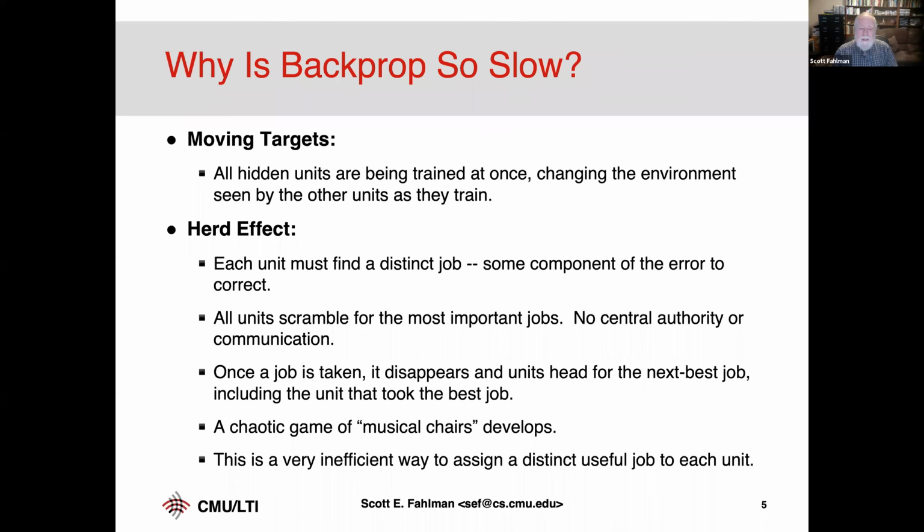And the other thing is a similar problem. It's what I call the herd effect. As you know, when you take a backpropagation network, you start it with random weights, chosen somehow, but basically random weights. And the idea is that each of these hidden units is at a different part of the space. So when an error signal comes along, one of them is closer than the others, and it'll get there, and they won't all rush there at once.